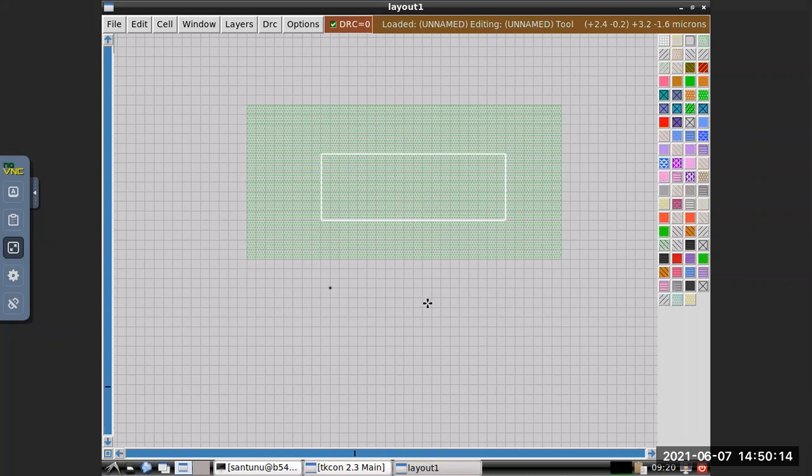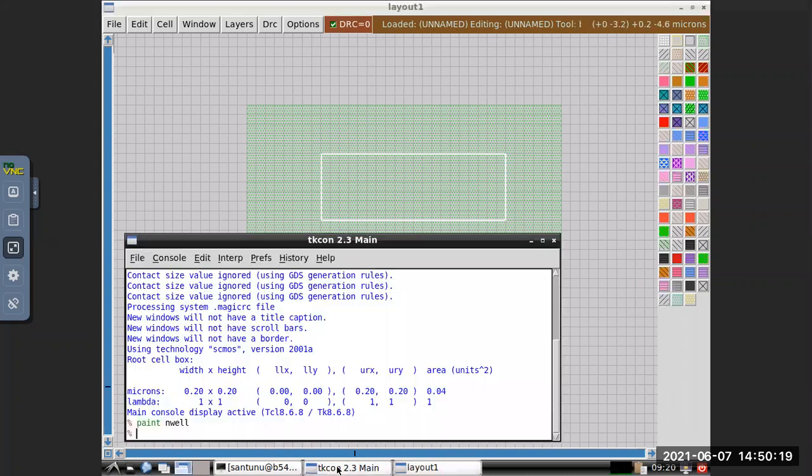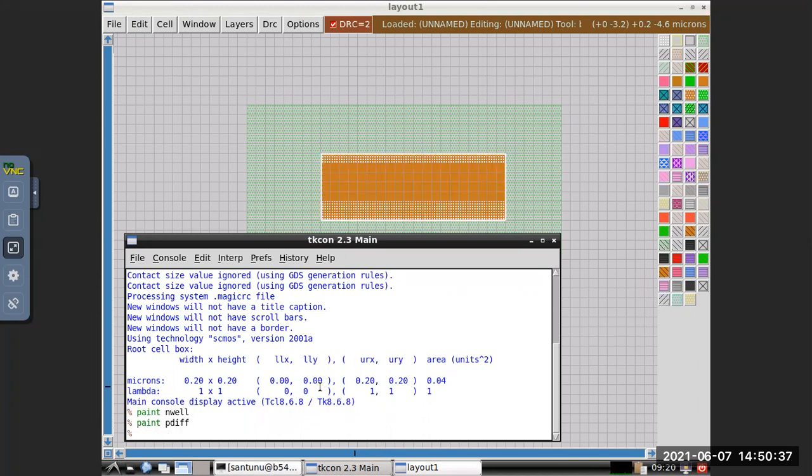Okay, this is a box now. You can write paint P diffusion or paint P deep, not a problem, same thing.